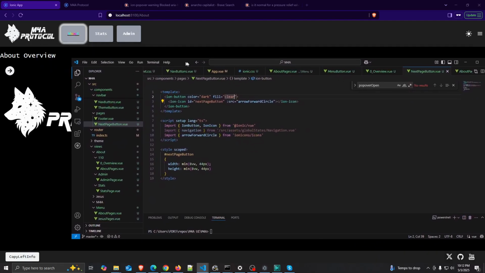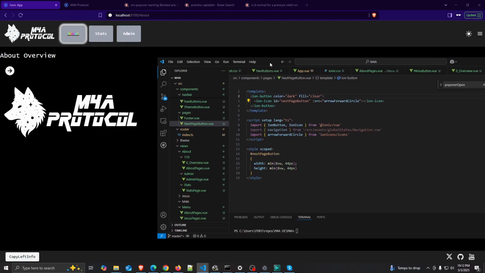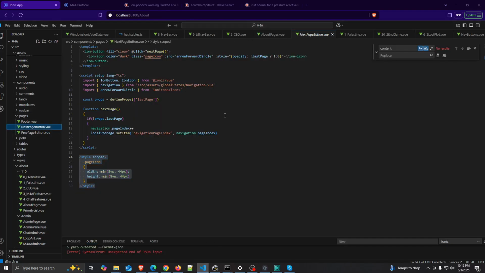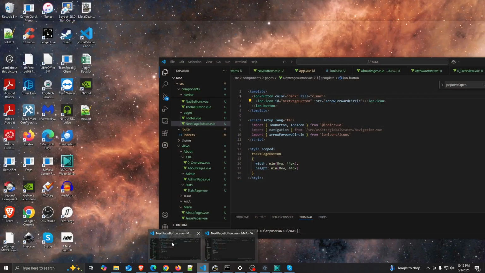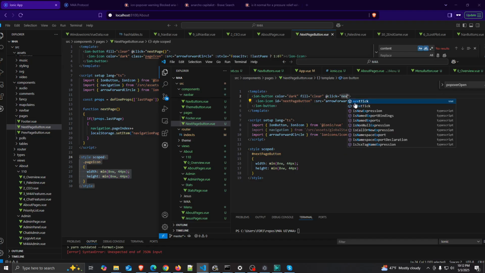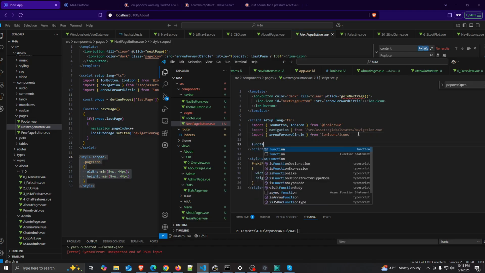So now we have a button, and we're going to need some logic in it that says go to the next page, basically. It's pretty simple. On click equals, I guess the next page is fine. So I guess you'd say, like, go to next page. Sounds more descriptive, I guess. Yeah, that function,